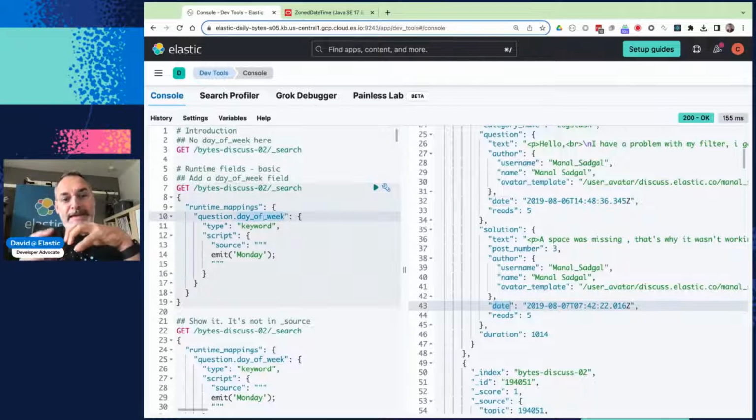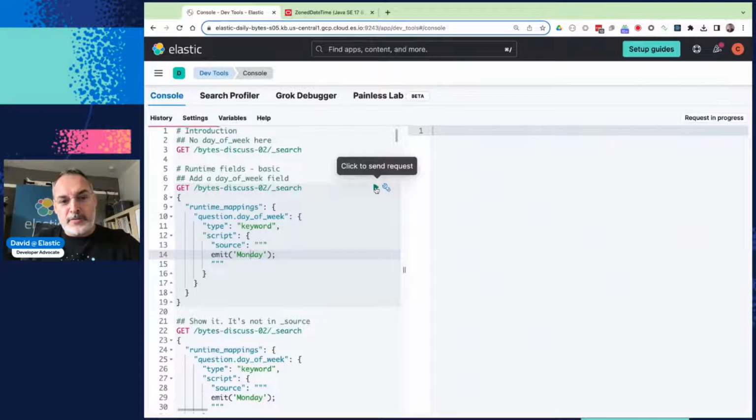We need to create a day of week field within our question field. So to do that, we can just use here runtime mappings, and we want to emit a value which will be a keyword. And the script that we are going to generate with Painless is this one. We just want here to emit a value, and here a fixed value for now, which is Monday. So if we run that,